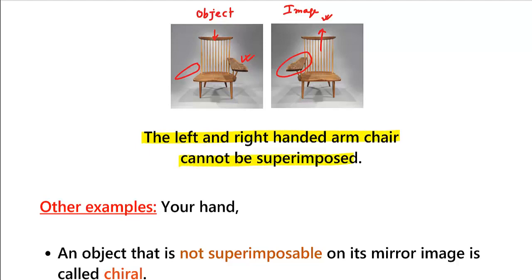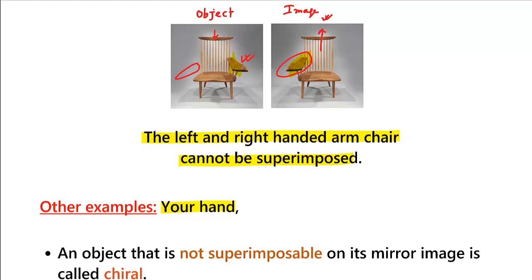You try to superimpose, but what will happen? This handle will not superimpose. Other parts will superimpose, but this handle will not. So I can say this chair, that is a handed armchair, is not a superimposable object. Another example is your hand. For example, if you take your left hand and take the mirror image of the left hand, that is, you place your hand in front of the mirror and you try to superimpose your mirror image with the hand, you will find they are not going to superimpose, because the left hand becomes similar to the right hand, and once you try to superimpose the object and image, you cannot.